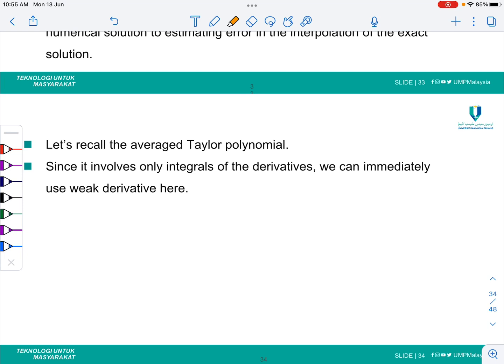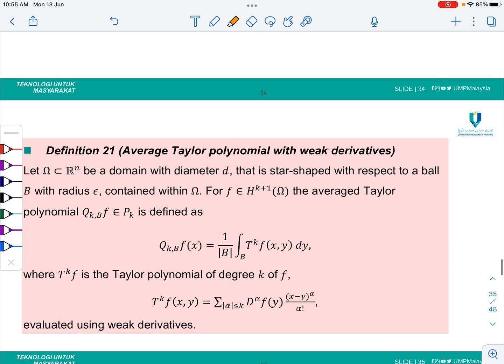Since it involves only integrals of the derivatives, we can immediately use weak derivative here. So in definition 21, average Taylor polynomial with weak derivatives, let omega in R^n be a domain with diameter d that is star-shaped with respect to a ball B with radius epsilon contained within omega. For f in H^{k+1}, the average Taylor polynomial Q f is defined like this,